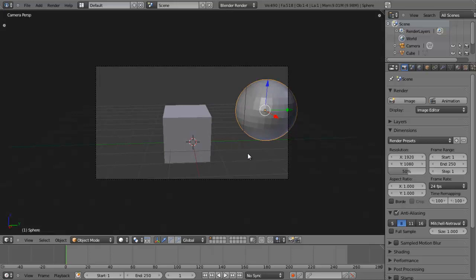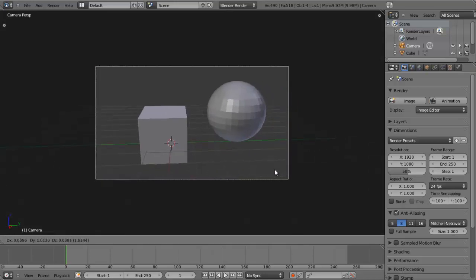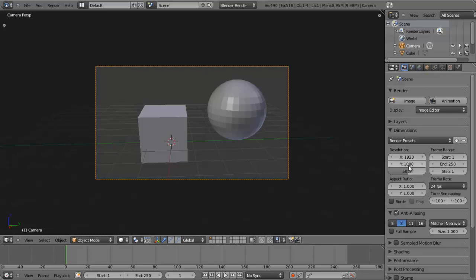Now if we go into camera mode, and I'll just position it so everything's in view, you can see that the resolution by default is set to 1080p, but down here it's only set to 50% of 1080p. So if you set it to 100, then it'll be full 1080p, and I think 75 is 720p. So if we change this back to 50